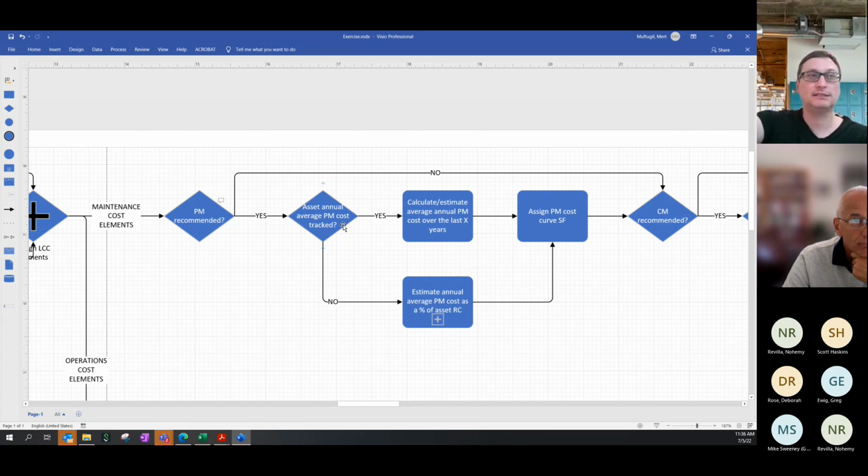And if it is tracked, we can actually go ahead and calculate what that is over the last so many years. And again, it's up to us. I would look at the last 3 years and then come out with an average that way. You may do last 5. But if it is not tracked and we are going to want to track it, then we actually do an